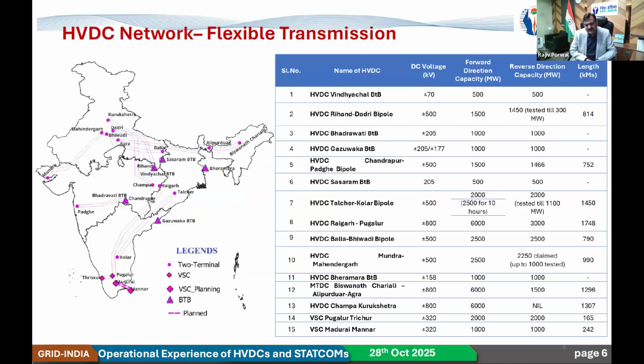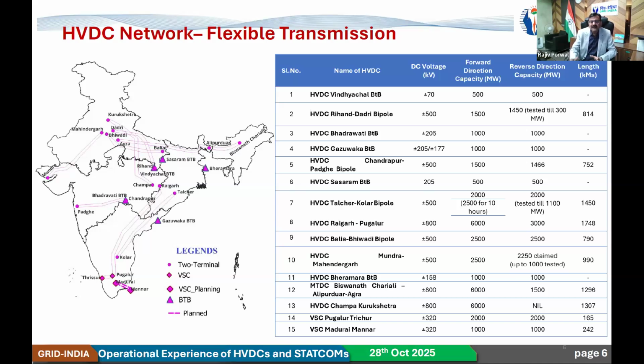So this is what our HVDCs look like. In this case, we have one more HVDC which will be coming in future. That is, we will be getting connected with Sri Lanka. That is presently in the planning phase. That will also come up, but otherwise we have around 14. That too includes one international link, the HVDC Bheramara back-to-back interconnection with Bangladesh. So if we exclude that, then we have 13 HVDC interconnections, which comprise long distance HVDC as well as back-to-back substations in different parts of the country.